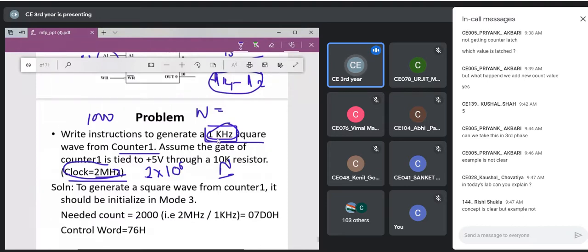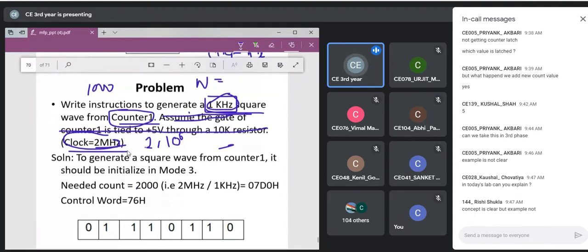Write the instruction to generate a 1 kilohertz square wave from counter 1, right? And assume the gate of counter 1 is tied to 5 volts through this resistor. That means your gate is always high. So you can simply ignore this line. Your gate is always high, so no need to worry about this. Now, what you have to do is generate a 1 kilohertz pulse from counter 1,